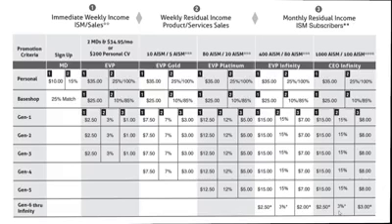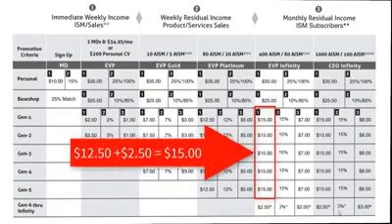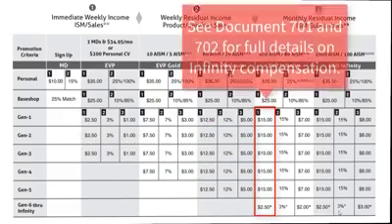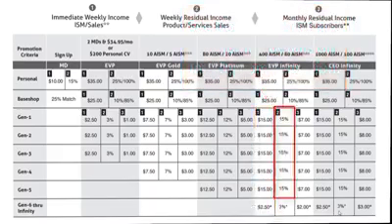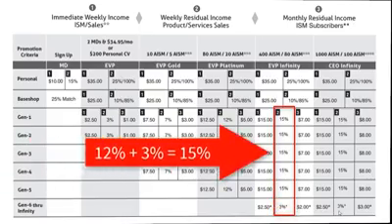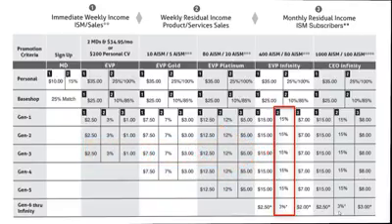A qualified Infinity is eligible to earn on generations 1 through 5, $12.50 for each membership sold, plus $2.50 for each membership sold in generations 1 through Infinity, down to the next qualified EVP Infinity, and then 50 cents on each membership down to the next qualified Infinity. 12% of team CV sales generated, plus 3% of team sales CV down to the next qualified EVP Infinity, and then 2% Team CV sales down to the next qualified Infinity.